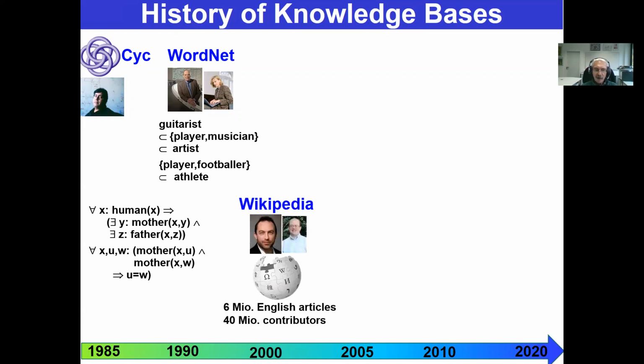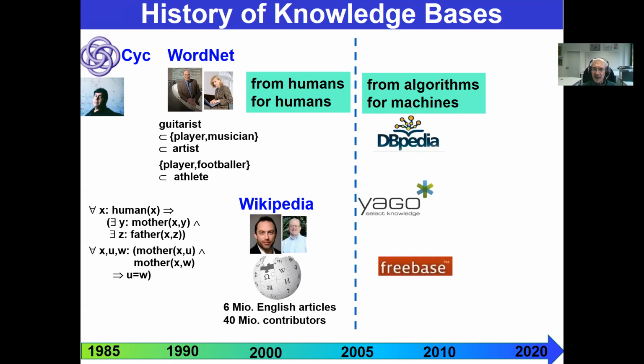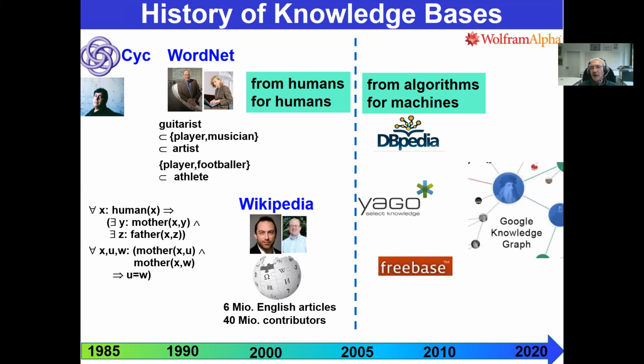Then Wikipedia came along, and this became a game changer, because for the first time, a lot of human knowledge was brought into a single website and represented under a uniform format, the Wiki markup language. It was still meant from humans for human reading, not comprehensible by machines, but it was an opportunity, and that opportunity was taken by these three early projects, two academic, including ours, YAGO, and one commercial. And Freebase got acquired by Google and formed the catalyst of the Google Knowledge Graph.